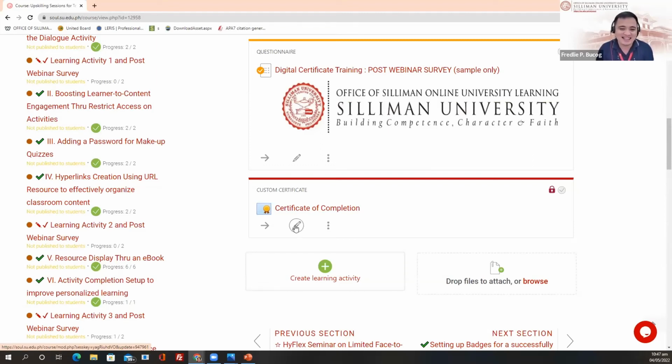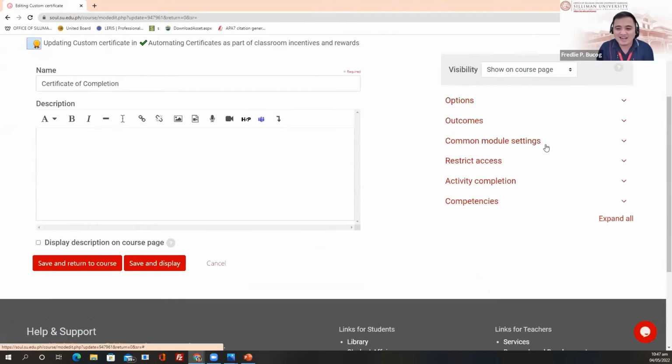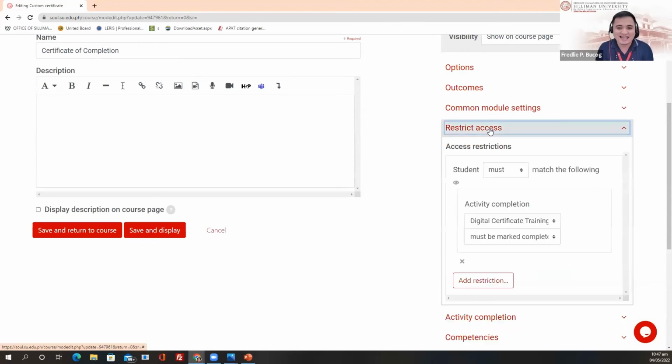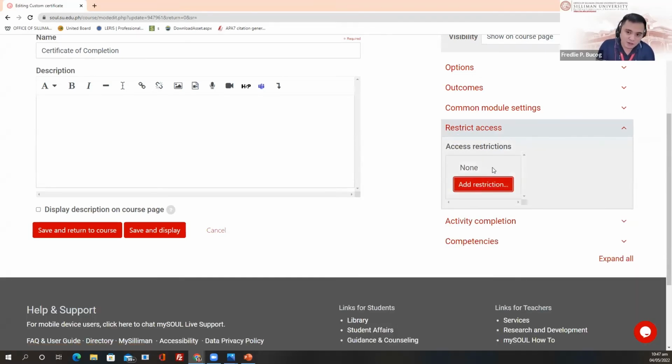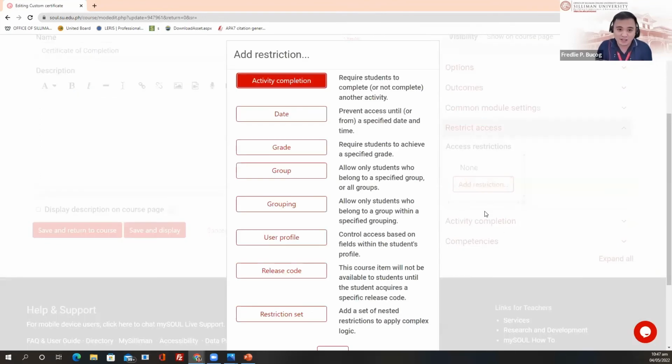So you just click the pencil icon, and then here you go to restrict access. Again, in this part, since my task earlier is that they should answer that particular survey questionnaire, then they will get that particular certificate. But if in your case you will base it on a group, just click add restriction,